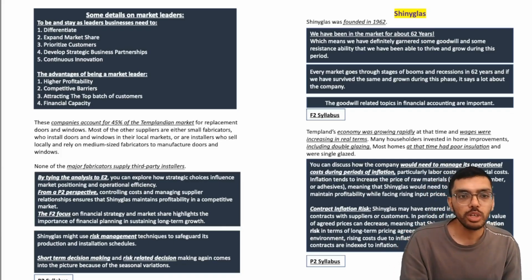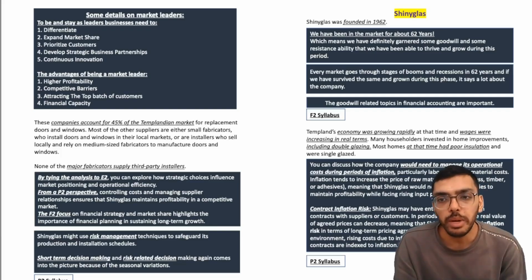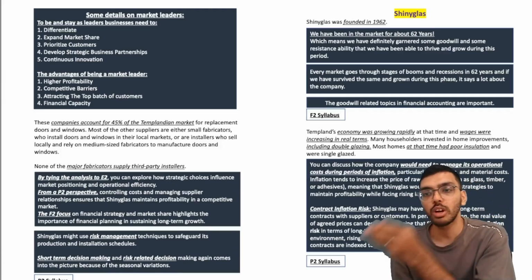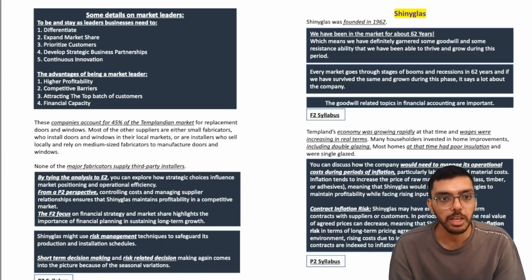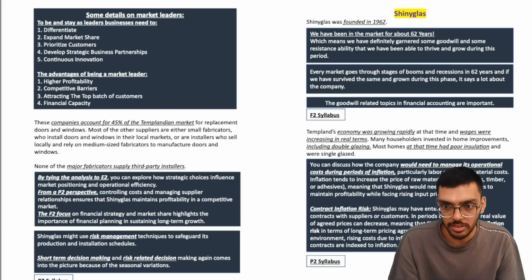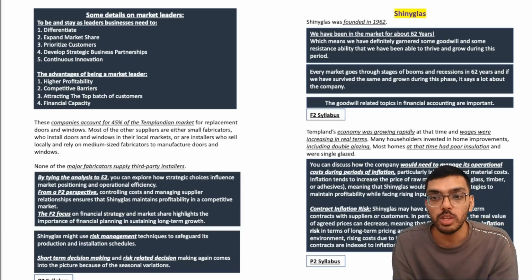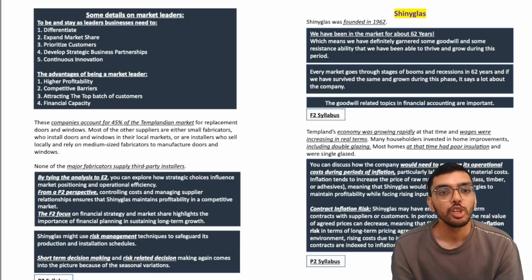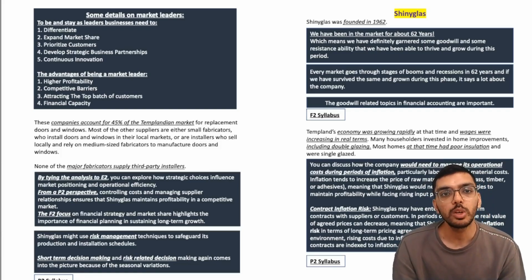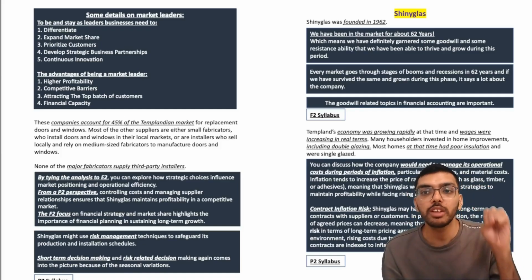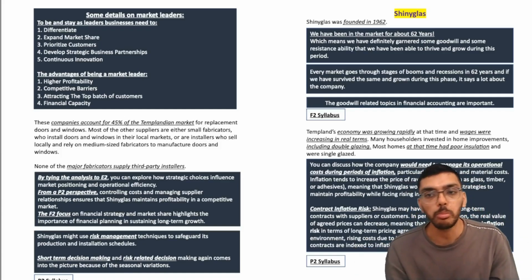Now, a lot of students ask me, why are we doing the pre-seen in so much detail? There are 3 major reasons. The first one is, without the pre-seen, you can't answer in the exam because the exam is going to be related to Shinyglas. If you don't know what Shinyglas is, you can't answer. Second, when we do the pre-seen in so much depth, you get great E2, P2 and F2 concept ideas to study. You get so many important topics that you can revise and be ready for mock questions and then